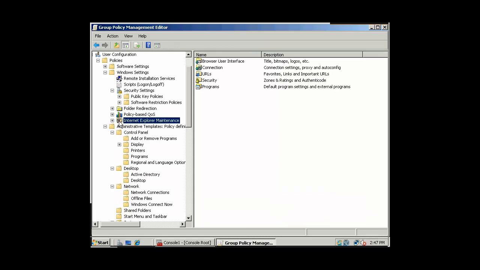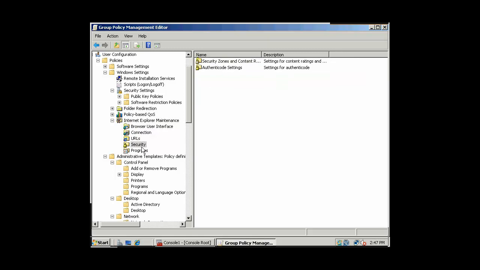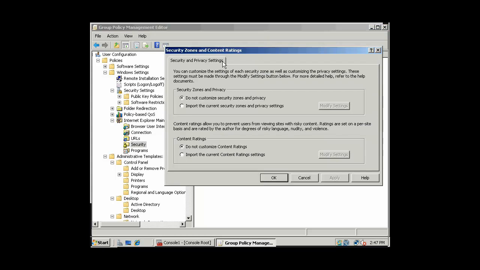The last one we want to look at, let's look at Internet Explorer maintenance, because it's pretty amazing what you can do with this as well. And you can set default program settings, zones, and ratings. Say that you're maybe possibly in elementary school or something. We'll go to security. If you're in elementary school or a school setting, some setting where you don't want people going to naughty websites, then you could basically,